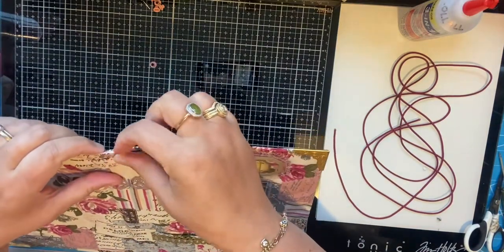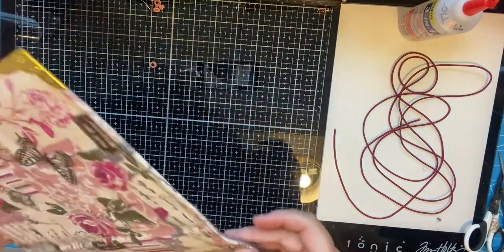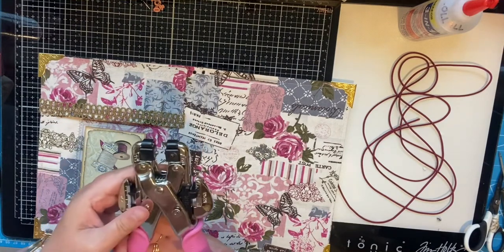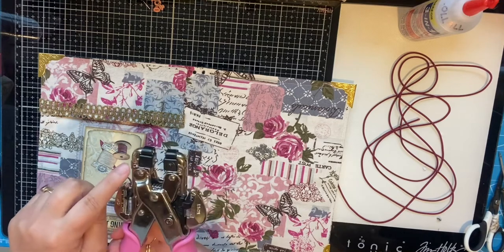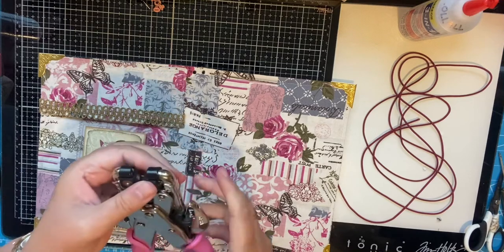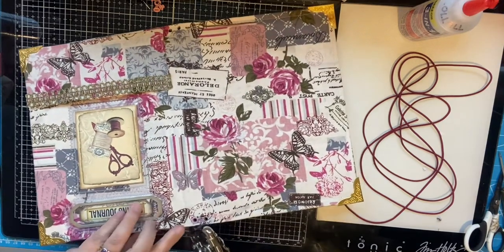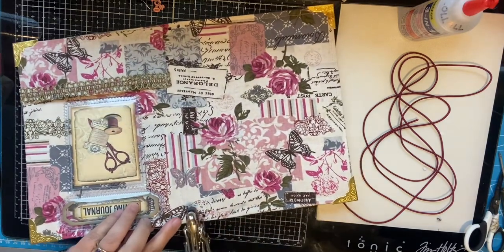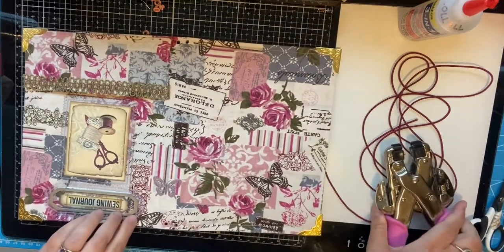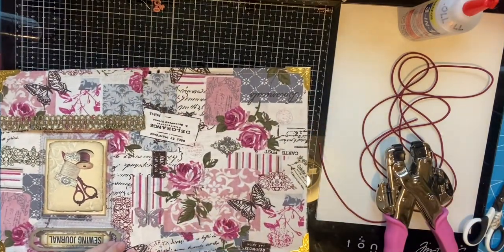Okay, right, then I'm using these pink eyelets, and they're going to go in here like that. That's one. I don't know how straight these are. Let's have a look. Yeah, I think that's okay. So then with your Crop-A-Dile, on your packaging it would tell you for the top and the bottom which ones to have, and you actually just bring them out and move them around, but then they clip in there, so it will tell you for your eyelets which ones to have. So that's the top, that will go in there, and then you just squeeze. Okay, there's one, and then grab another, pop that in there,